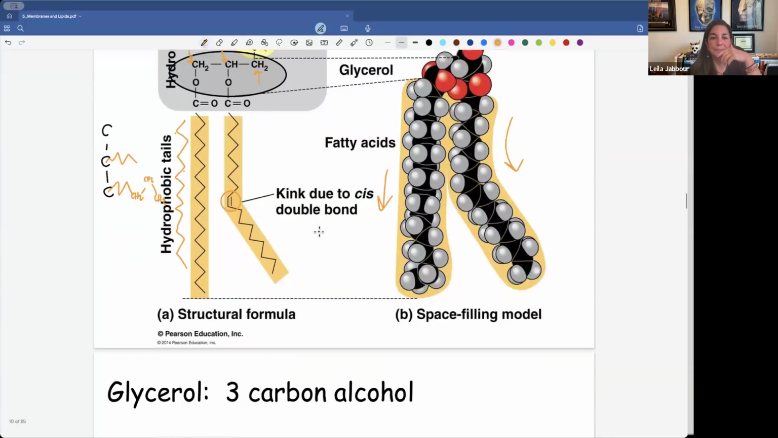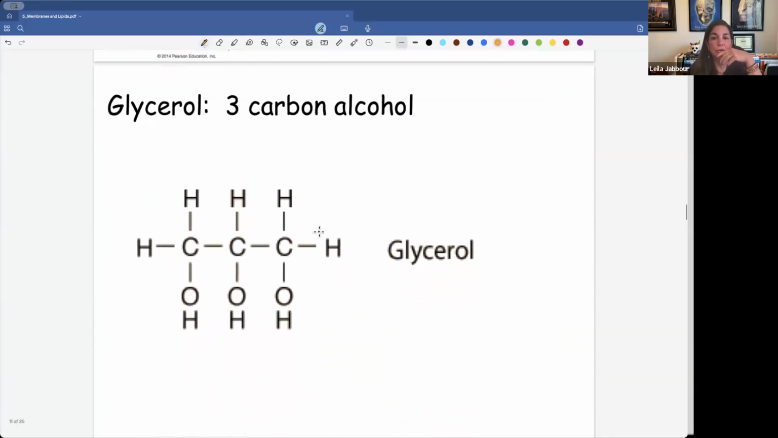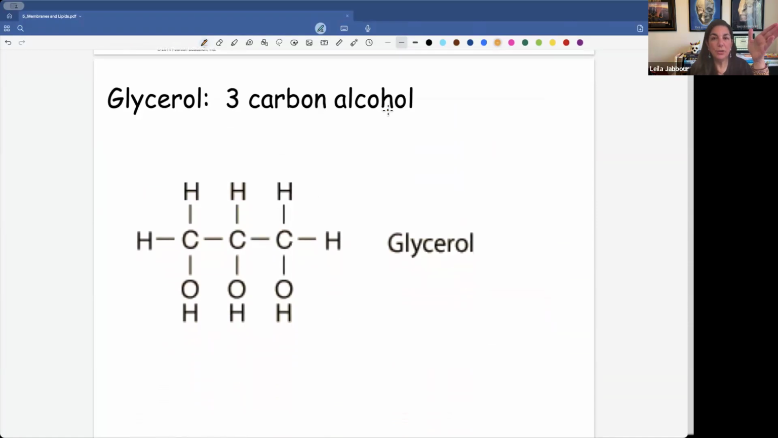All right. So the glycerol is a 3-carbon alcohol because these are hydroxyl groups. And this is also something that we've seen in a previous lecture. So we have a hydroxyl group, another hydroxyl group, another hydroxyl group attached on these 3 carbons. This is the structure of a glycerol. And the glycerol is going to,